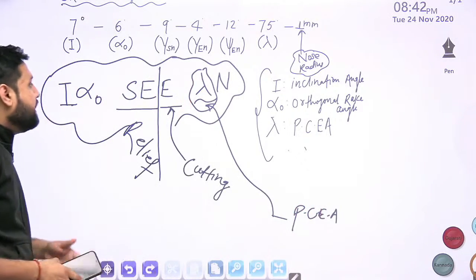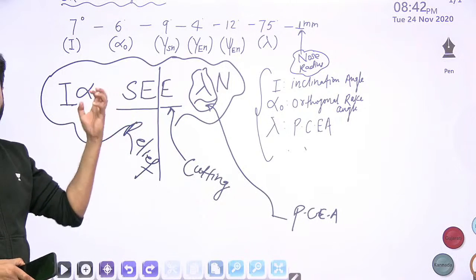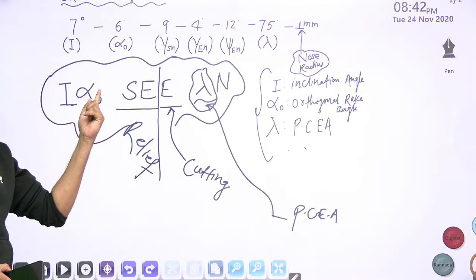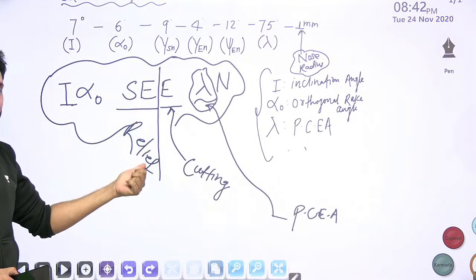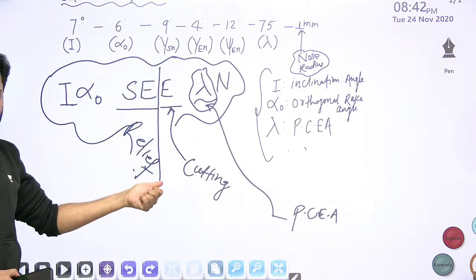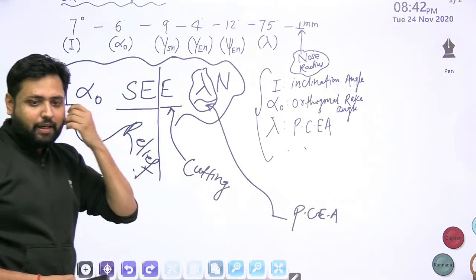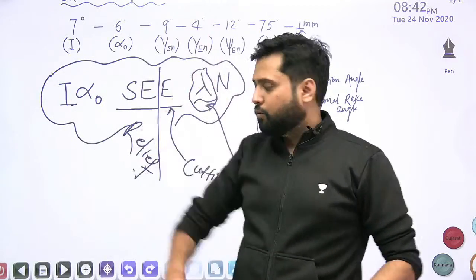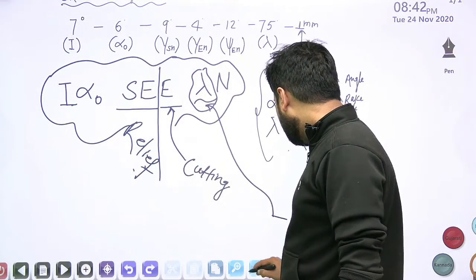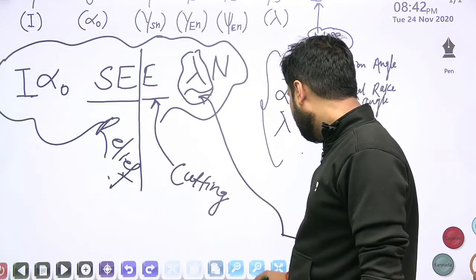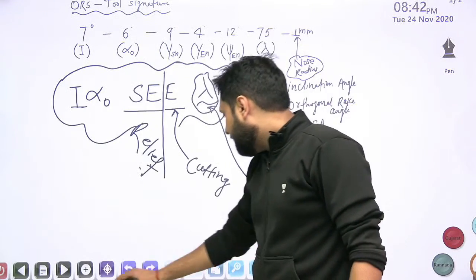So now it becomes very easy to remember. I alpha C lambda N, I alpha C lambda N. I for inclination angle, alpha for orthogonal angle, S for side relief angle, E for end relief angle, E for end cutting edge angle, and then lambda for principal cutting edge angle. You understood this. This is the sequence. Now I am telling you one thing. People say, and it is said that this